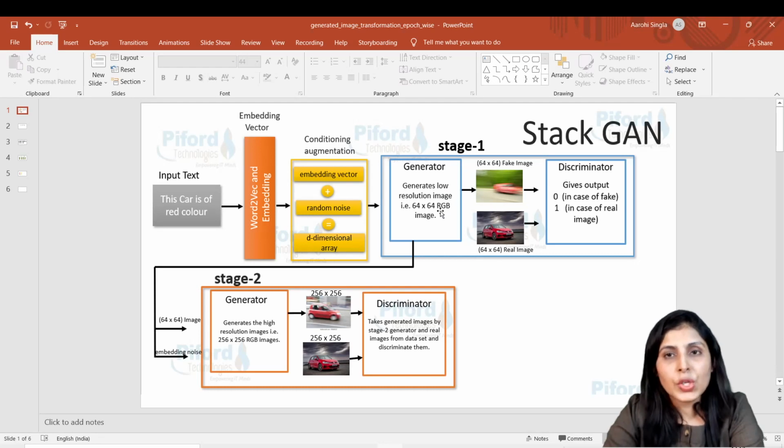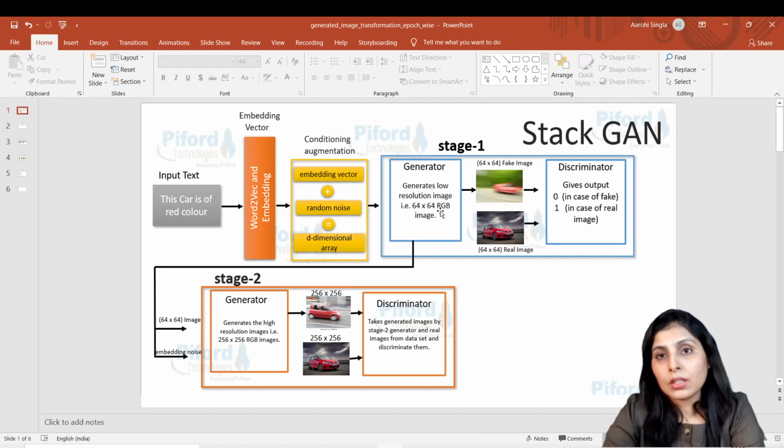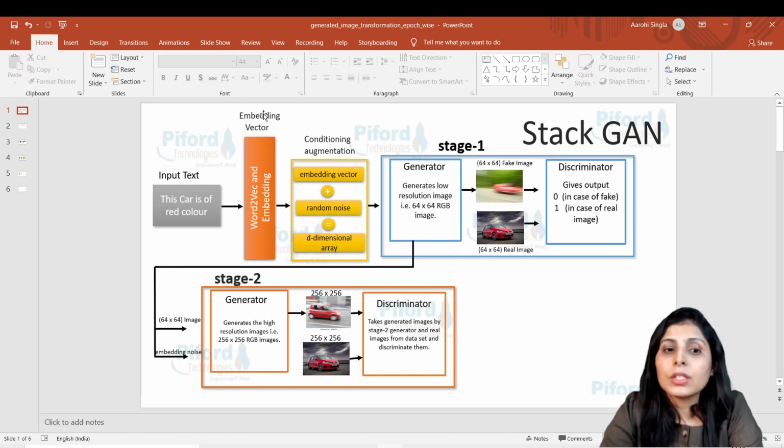The task of the generator and discriminator is the same. The generator will generate an image, and the discriminator will try to discriminate whether the given sample is a fake sample or a real sample, okay? So what is the input to this generator? The text embedding vector, right? What we want is to generate an image from text.